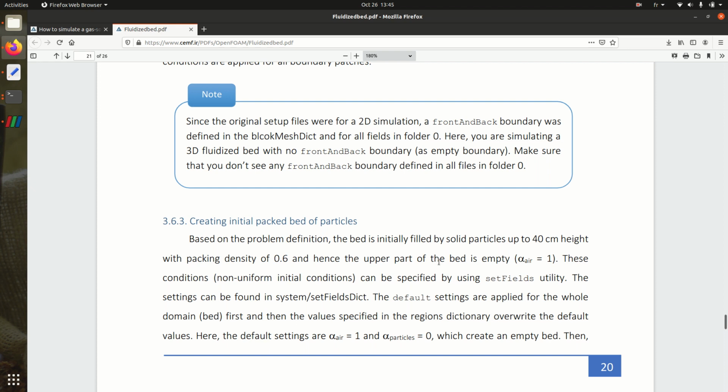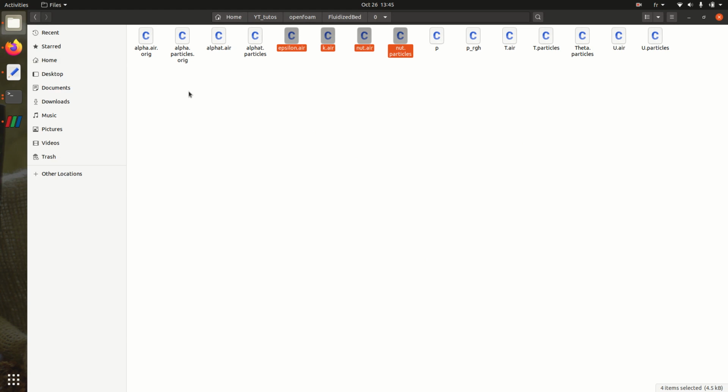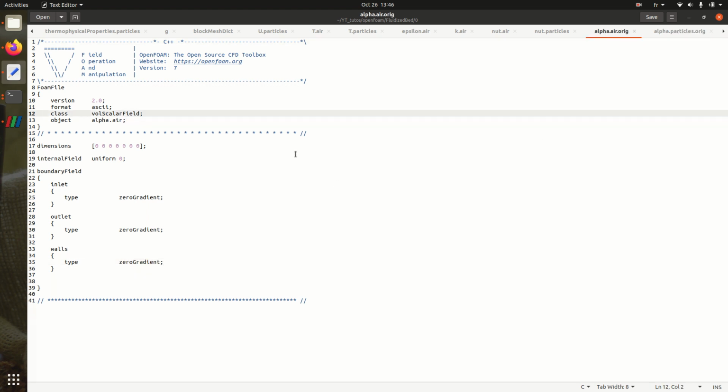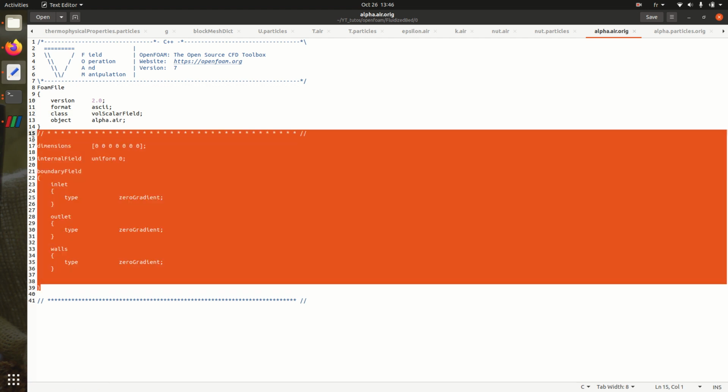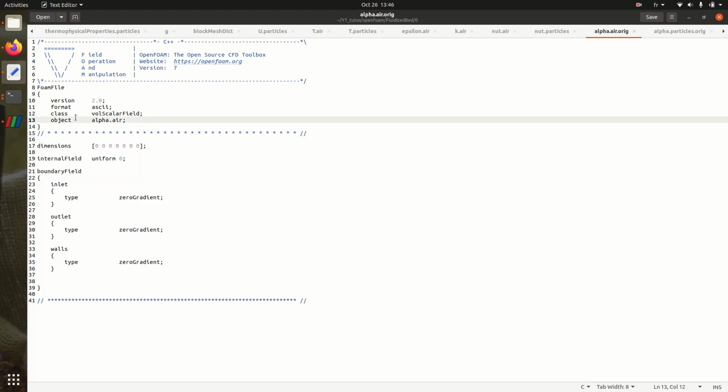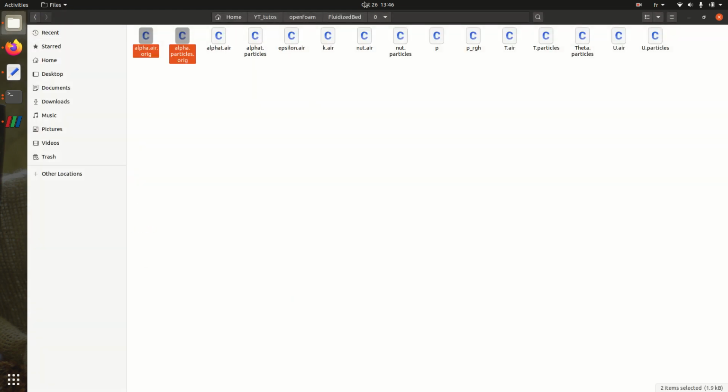To initialize the packed bed of particles, let's see first alpha air and alpha particles. Here we have zero gradient at the inlet, zero gradient at the outlet, and walls also zero gradient. For alpha air, it's the same. So we have neither air nor particles at time equal to 0. What we need to do is go and set